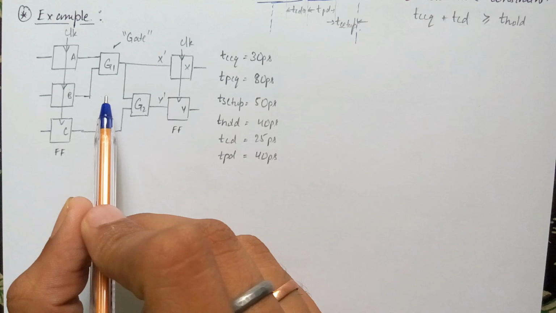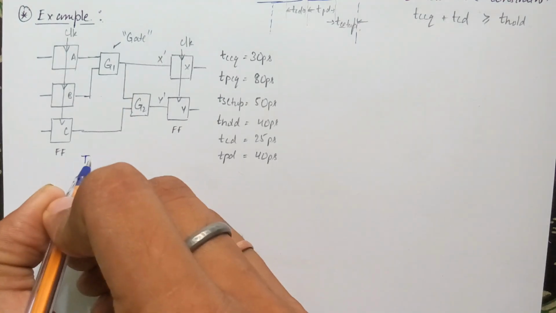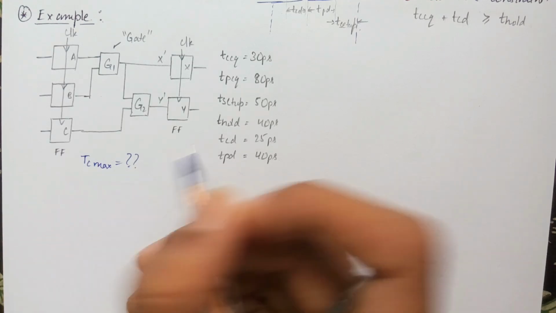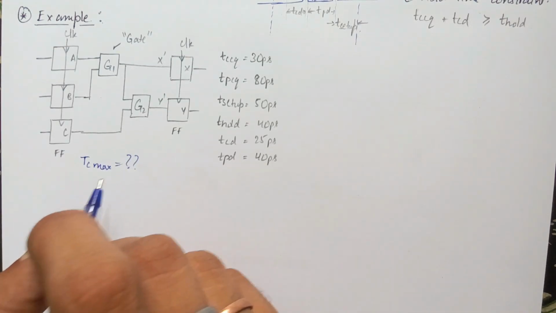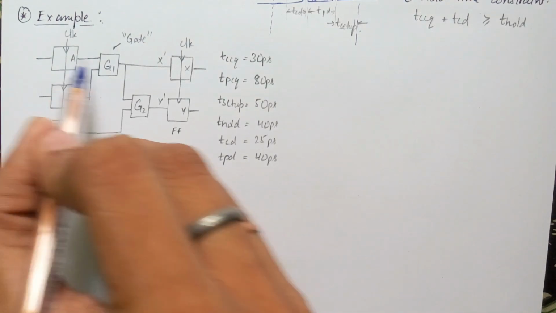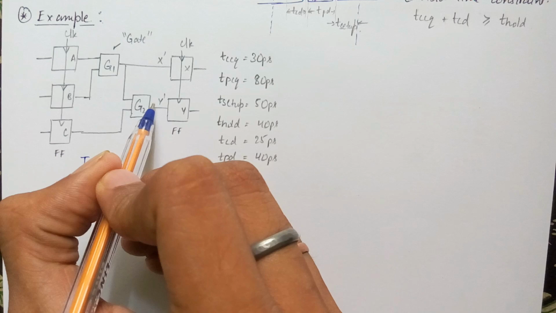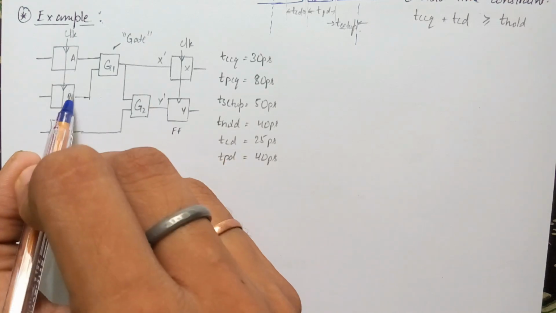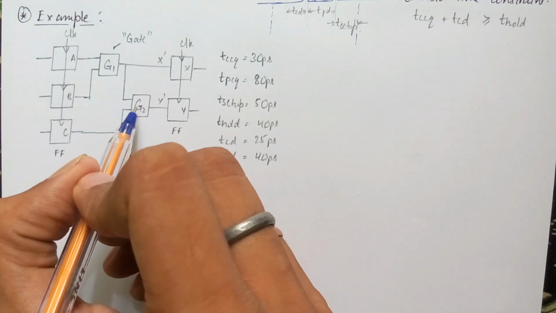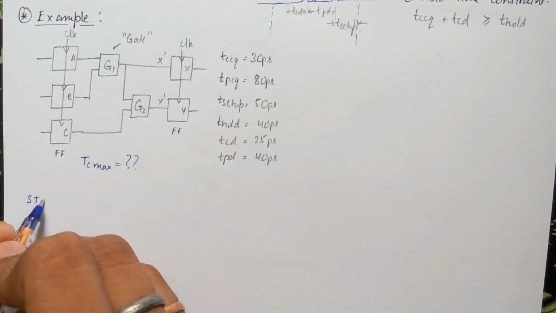Given this circuit, we have to perform timing analysis, find the maximum frequency at which the circuit can be used, and check if hold time violations occur or not. For finding the maximum frequency, consider the critical path, or the longest path. In this circuit, it will be from A to Y dash or from B to Y dash with two gates in between. Apply the setup time constraint to this path.